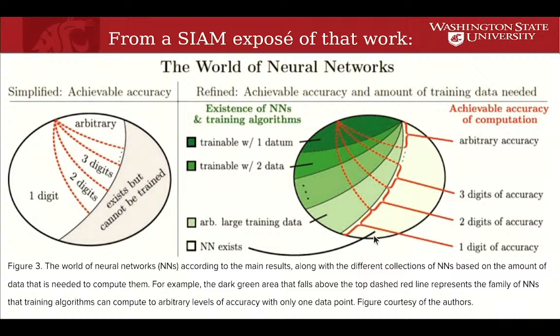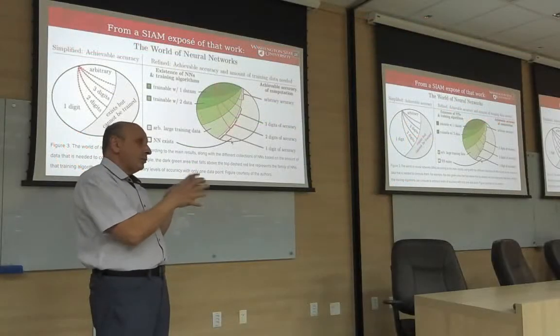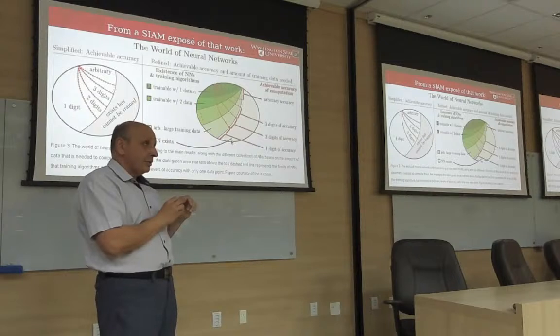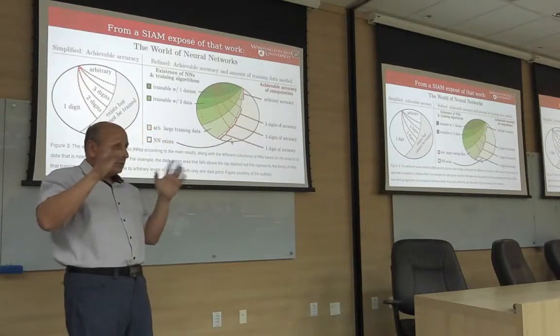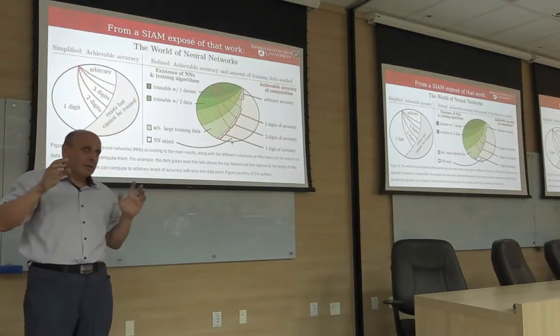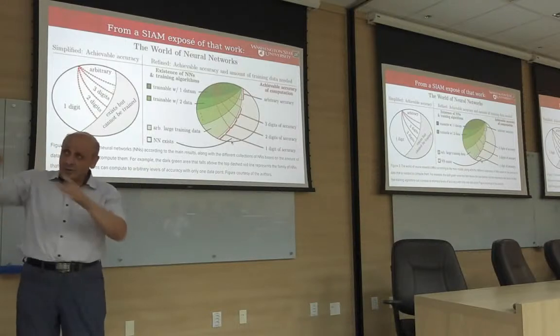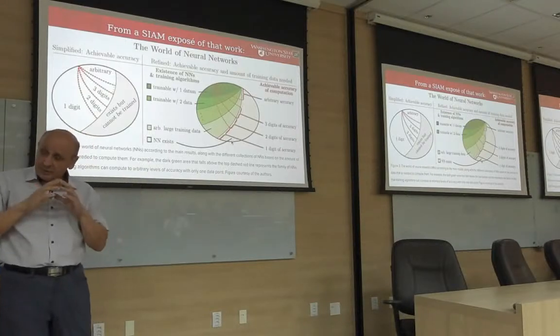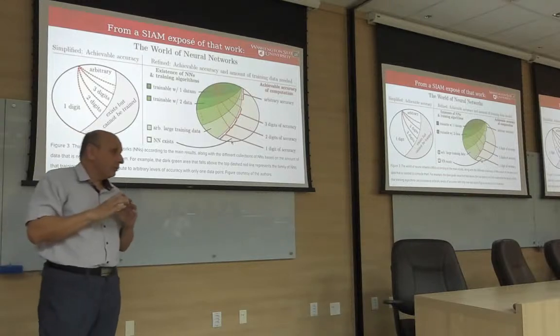But with an infinite amount of data, you can train them with 1 digit lower precision, and with some fixed amount of data, you can train them with 2 digits lower precision. So again, it's not a super clear-cut statement, but mainly it's a statement that people have to be careful when